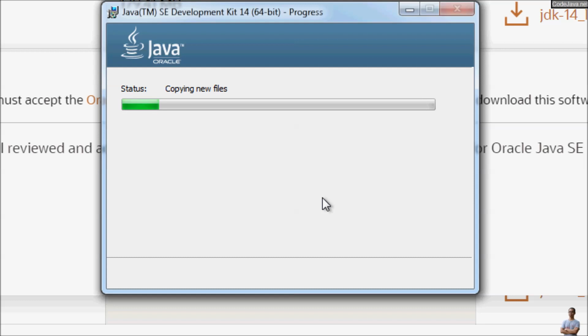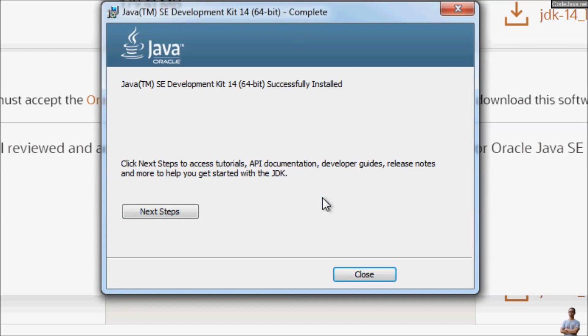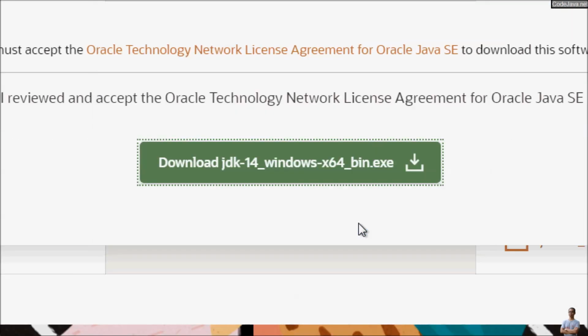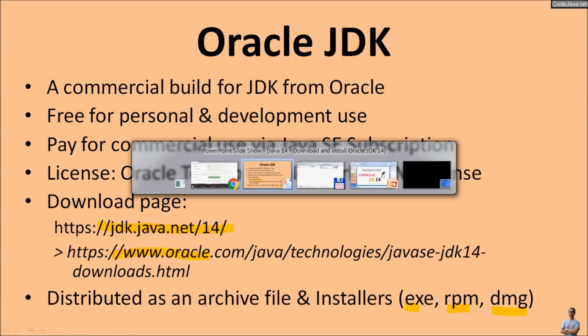The installation process of Oracle JDK 14 is very easy and quicker than the previous version of Oracle JDK. So done. Click close. So that's how we have installed